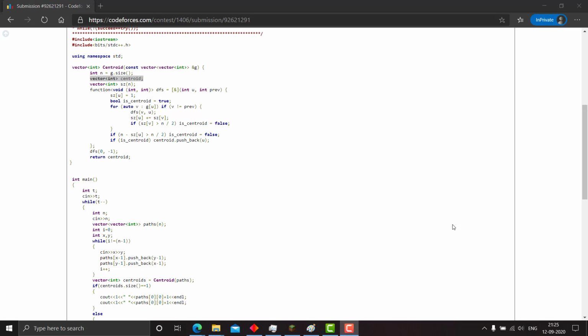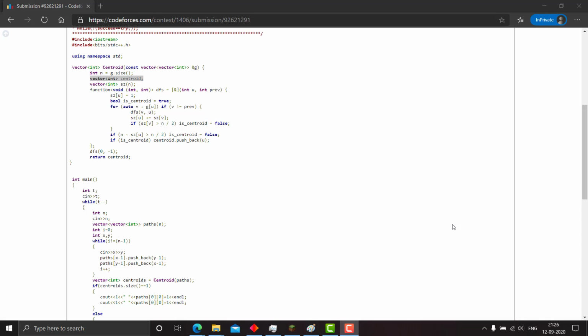Then we do a dfs, and for every child we increment size of u to size of u plus size of v, where size of v is the size of the subtree rooted at v. So u contains all these subtrees, so size of u is the size of all its subtrees plus 1.